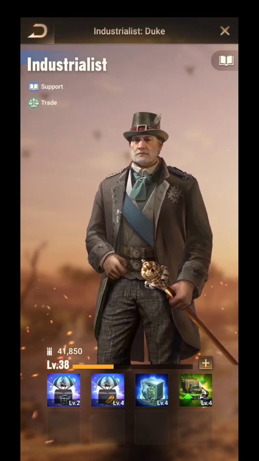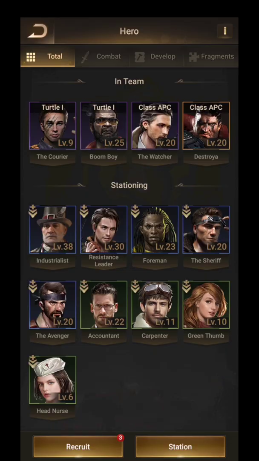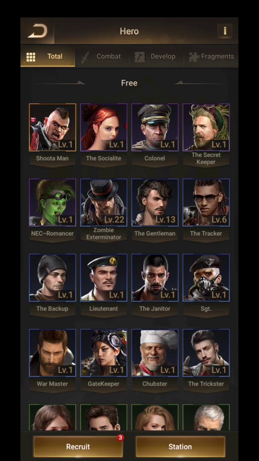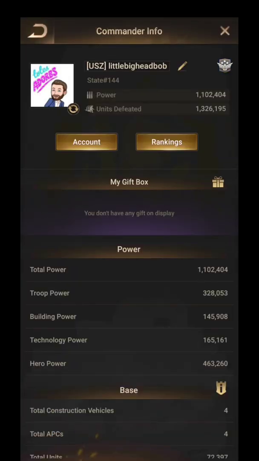If you look at this number here that's right next to the 3 little bullets, this particular hero doesn't offer a ton of value, but he's 41,850 power. And if you look at each one of them individually, they all have different numbers. And as you add them all together, it equals that power number that you have with this base. It's